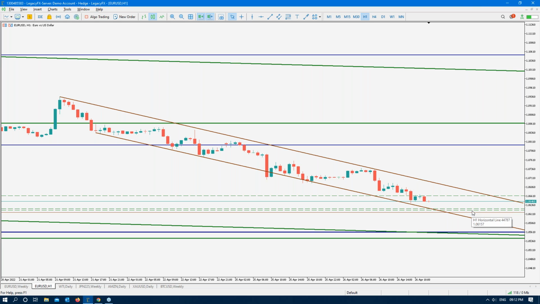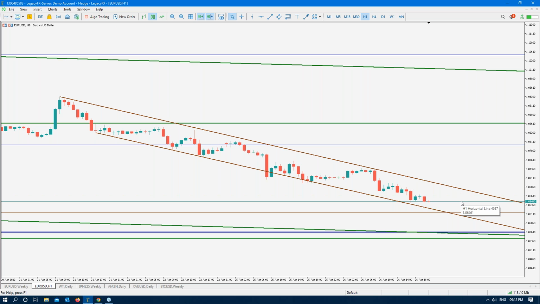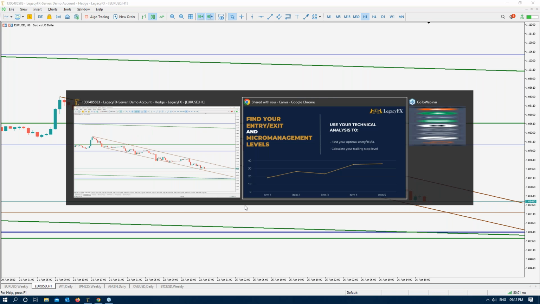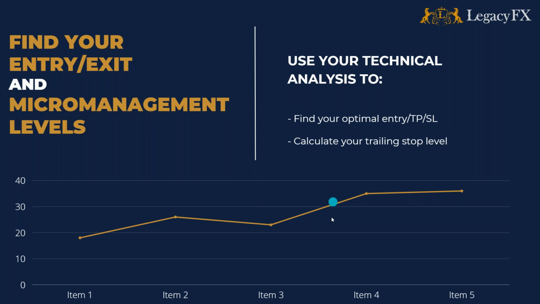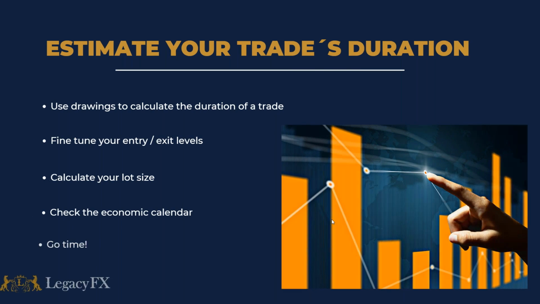And when you use MT5, the trailing stop doesn't activate when you put it in. The trailing stop activates when it reaches the certain amount of pips in profit. So it's like moving your stop loss to 0 automatically without you having to be there or monitor it or anything else. Okay, so